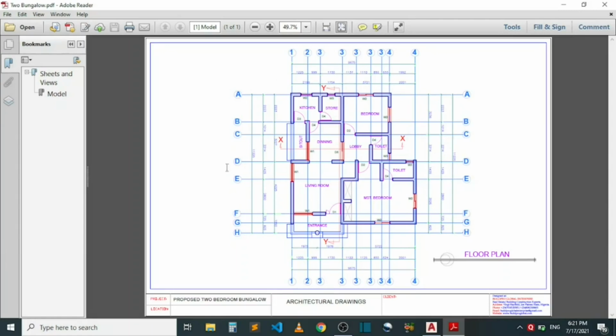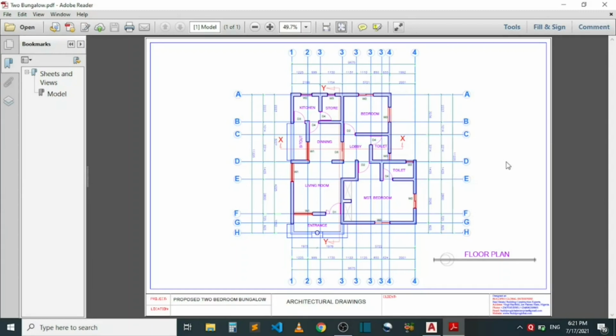Now the importance of converting a file from DWG, that's AutoCAD, to PDF is that sometimes you find yourself in places where you need to print drawings, maybe in a computer business center for instance, but they don't have AutoCAD installed on their computers. And you have your AutoCAD drawing on your computer, but you don't have their printers installed on your computer so you can print directly. You need to copy the drawings to their computer so you can print.